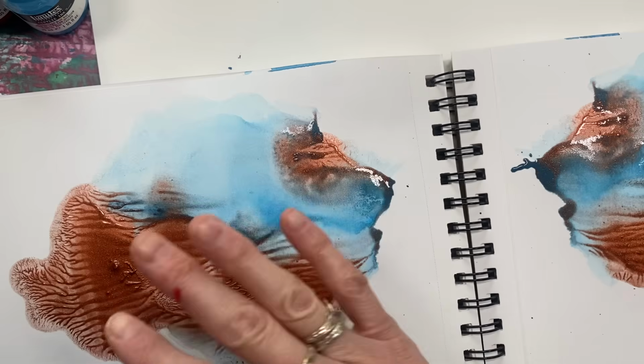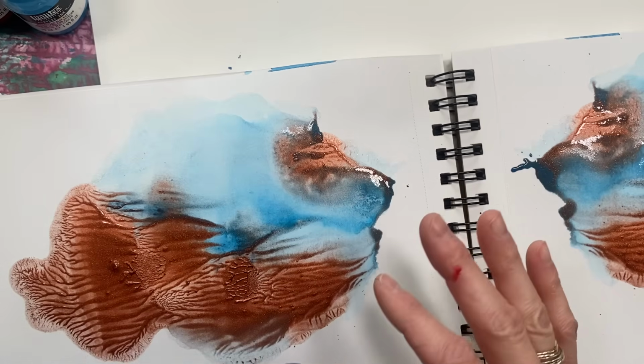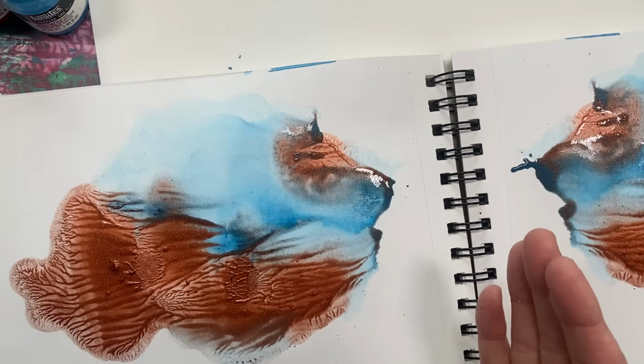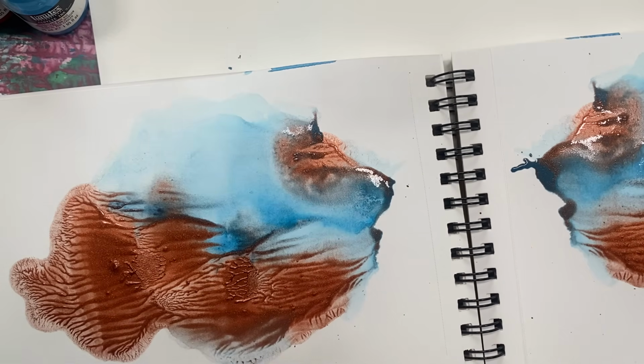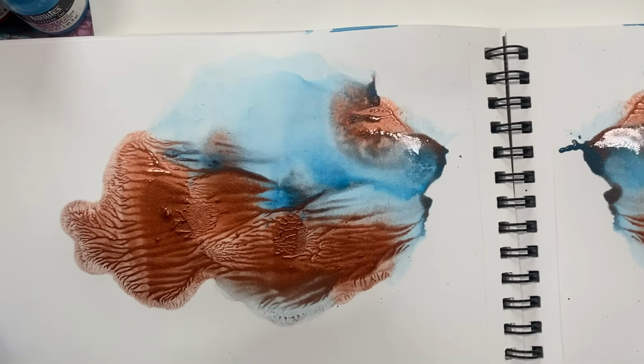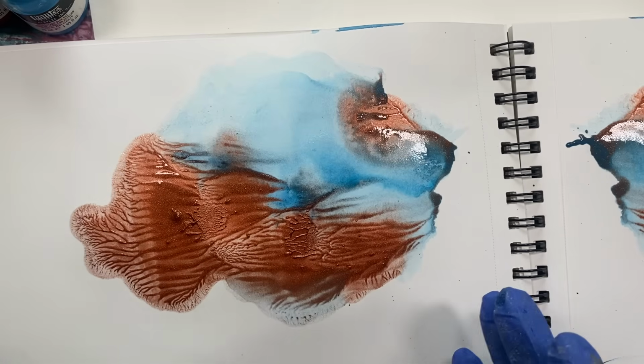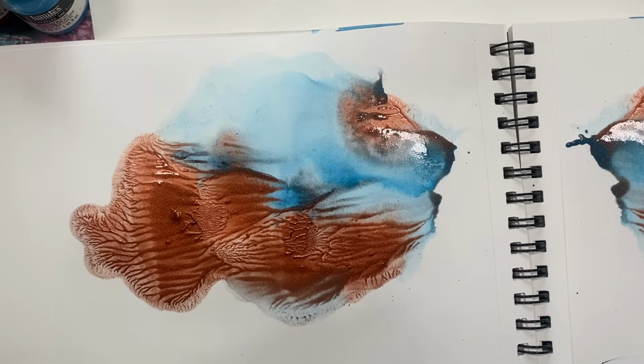You could do acrylic painting over top. You could do collage. You could turn it into whatever you're seeing in this beautiful image. And it just takes the pressure off of, how do you say, breaking the blank page. I mean, we've broken 2 blank pages. And then what I'm gonna do is, while this is still wet, you can actually take another page, and